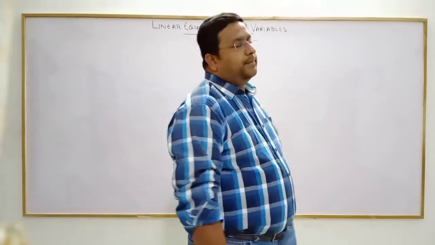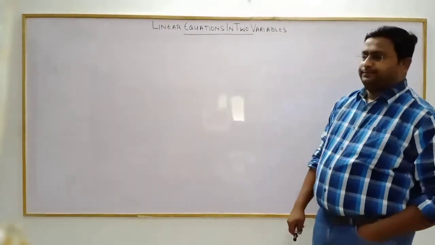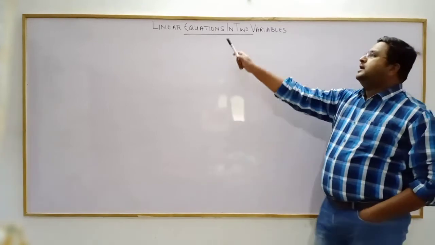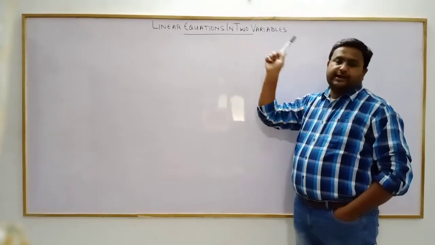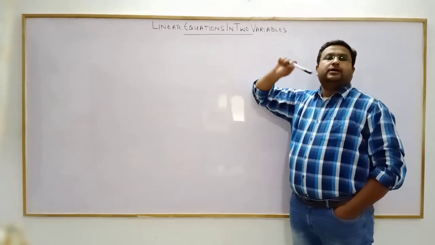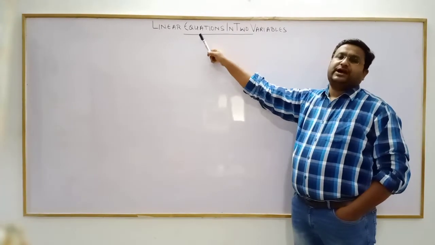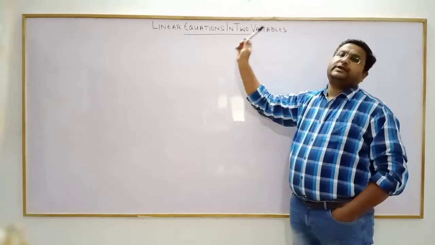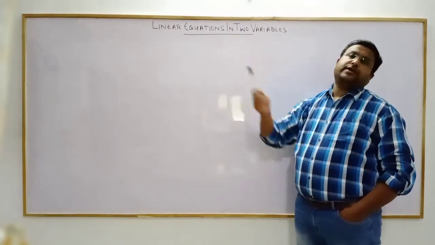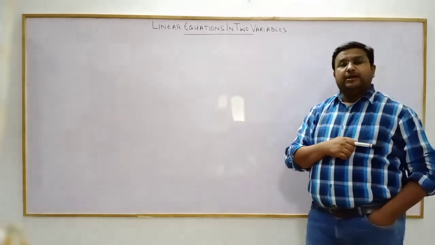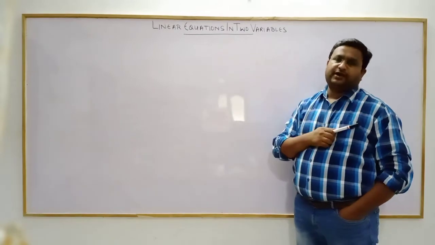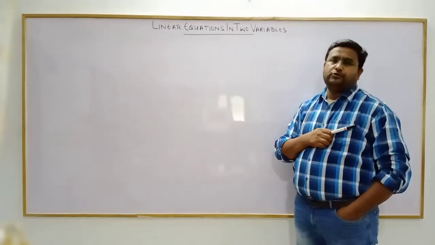You must have completed coordinate geometry. Now we are coming down to linear equations in two variables. That is your chapter number 4. This chapter is very important. The things that we are going to discuss in this chapter are very important because they will be repeated again in class 10. The graph that you are going to make is also very important because it will again be repeated in class 10. So please practice this chapter very carefully, draw the graph, solutions, everything.